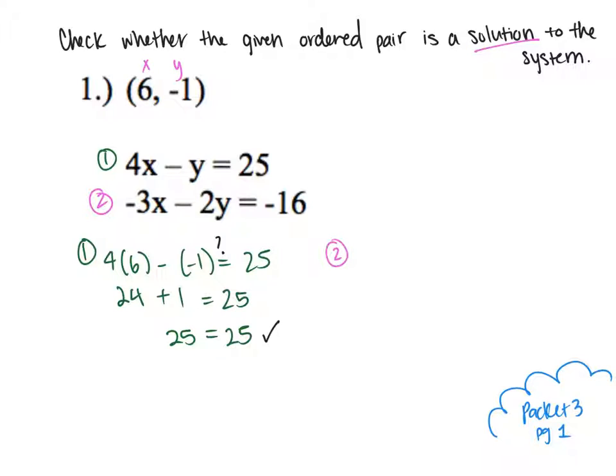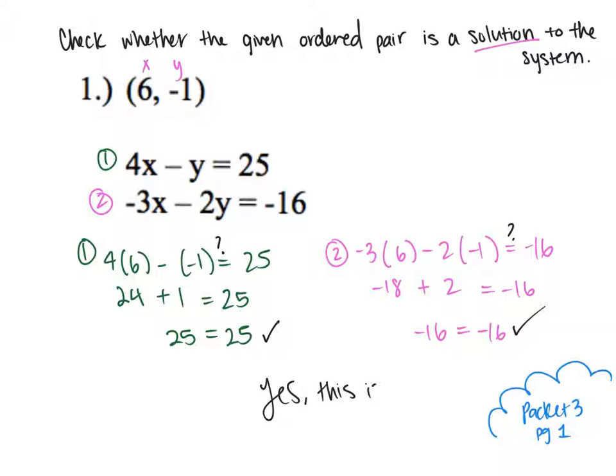So one more time here. -3 times our x, which is 6, minus 2 times our y, which is -1, equals -16. Let's see if this is true. -3 times 6 is going to give me -18. -2 times -1 is going to give me +2. So let's think about it. Does this really give me -16? Well, -18 plus 2 does, in fact, give me -16. So -16 does equal -16 on the other side, and this is correct as well. So because both of these are correct, I can say yes, yes,